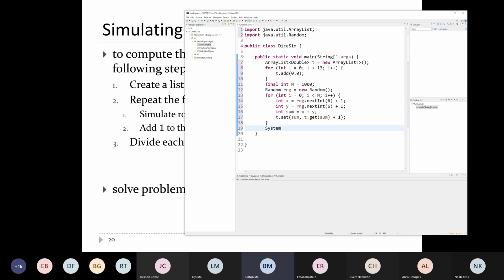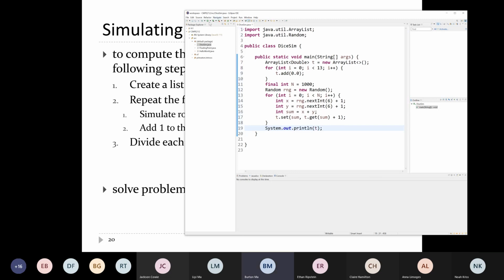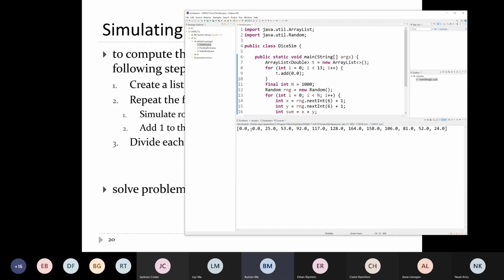So why don't we just print out the list and then we'll end the lecture and see what we get. Run that, and you get the following. We rolled 0 0 times. We rolled 1 1,000 times. We rolled 2 25 times. 7 is that many times, which you can see is the largest value. So to fix this up,